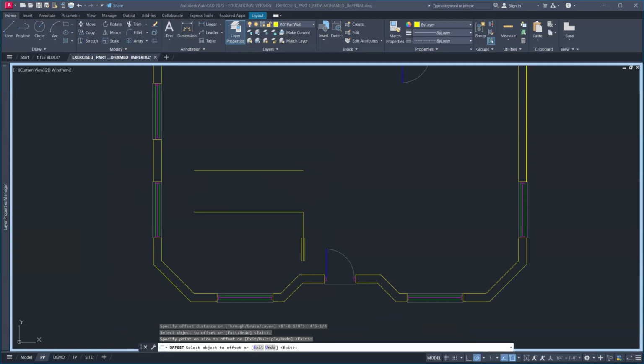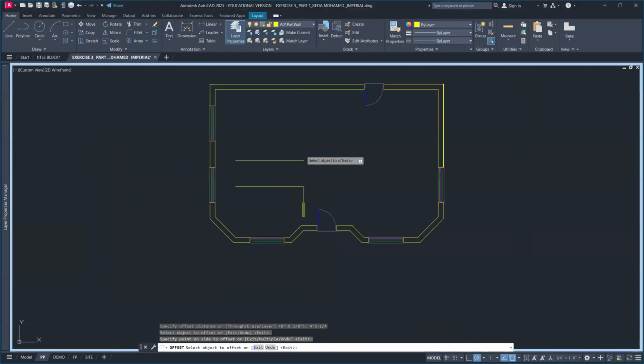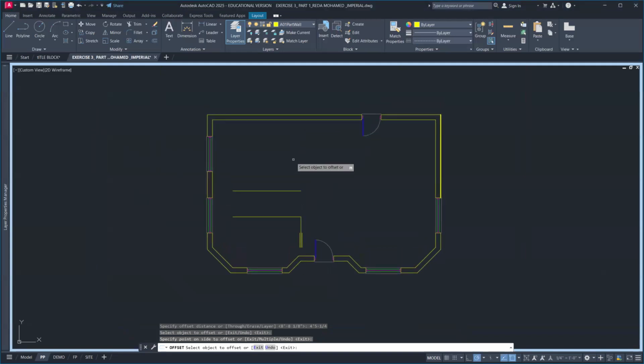From here to the wall is 12 feet. So, the offset command, restart it by hitting spacebar again. And the offset distance is 12 feet this time. Okay, so it's 12 feet from here to there. Okay, and then we'll offset this by